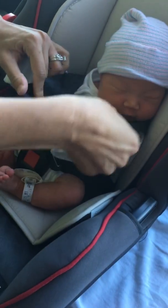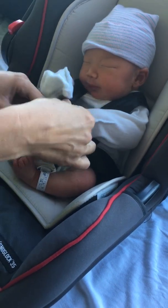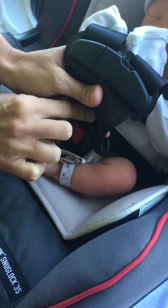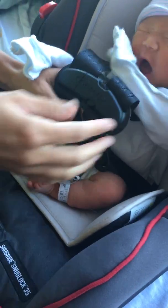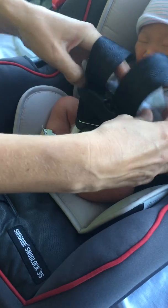Okay, so now we're gonna take his little hands out and we're gonna make sure that he's kind of situated in there nicely. And then what we want to do first is get all of this extra slack out of his hips. So we're going to pull up on the straps as we gently push this into him, because now we're getting nice and tight at the hips. Now we have extra slack at the top. That's where we're going to want to...